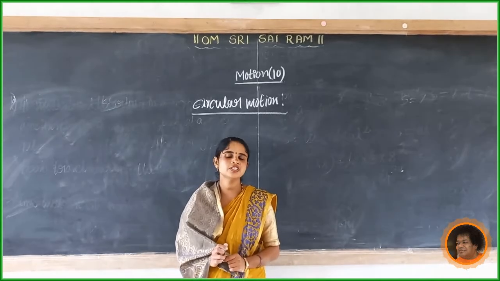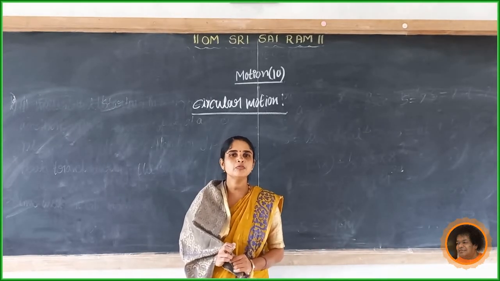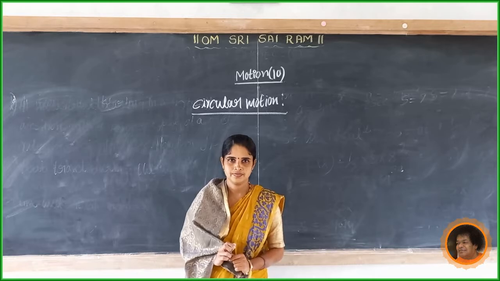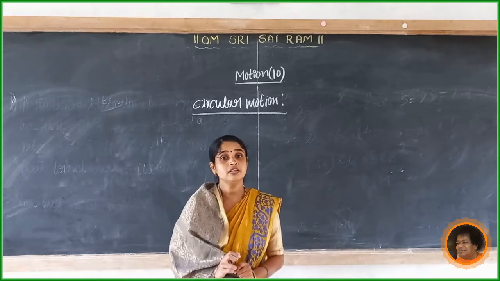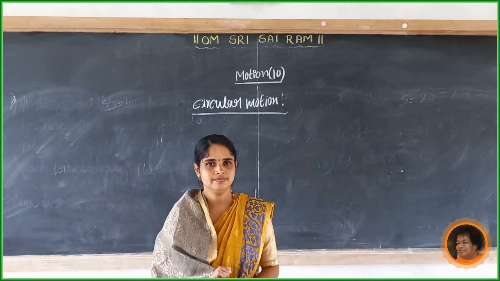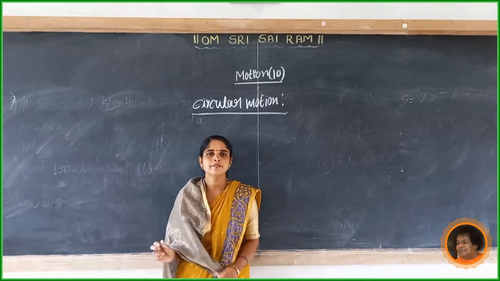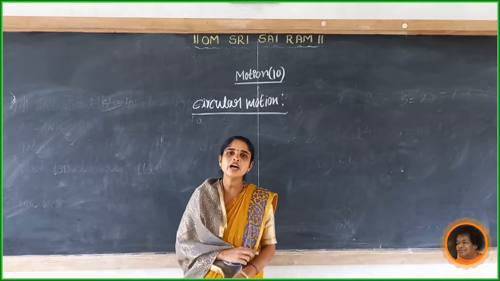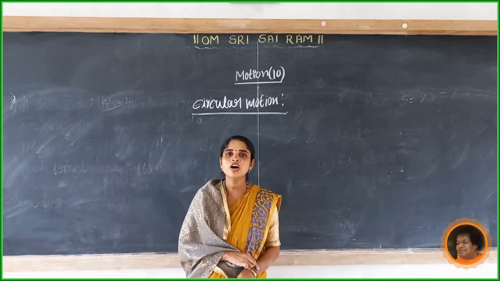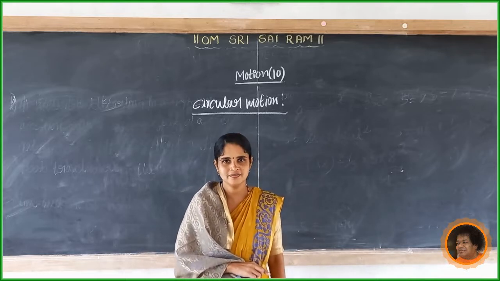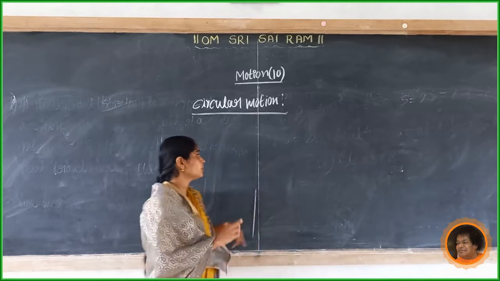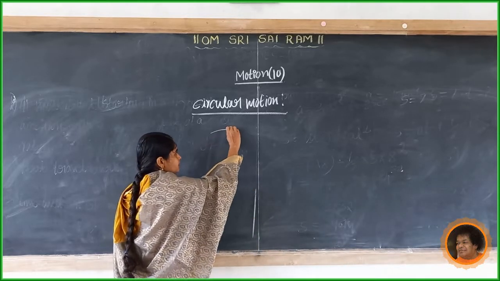The last concept in this chapter is circular motion. What is meant by circular motion? Motion along a circular path is called circular motion. For example,